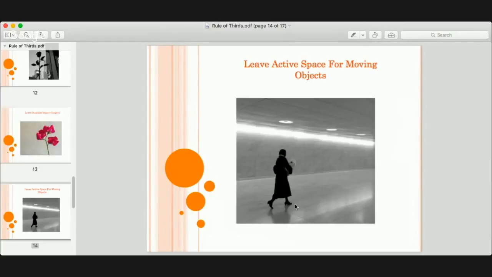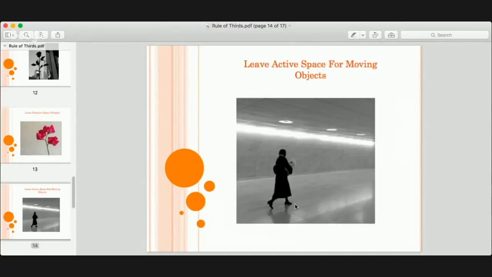The sidewalk also hits that, but then she falls vertically on the rule of thirds. So that is a fabulous picture for the rule of thirds. But your mind can almost see her right foot take that next step, and you could almost hear her shoes on the floor. It's absolutely a gorgeous photo.